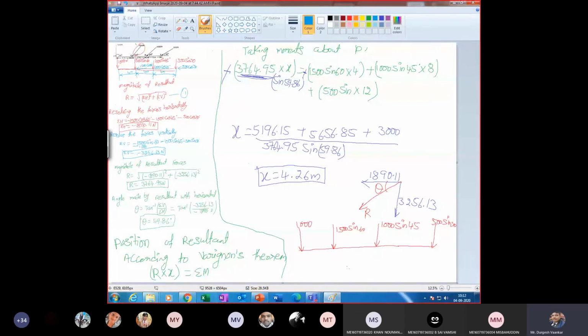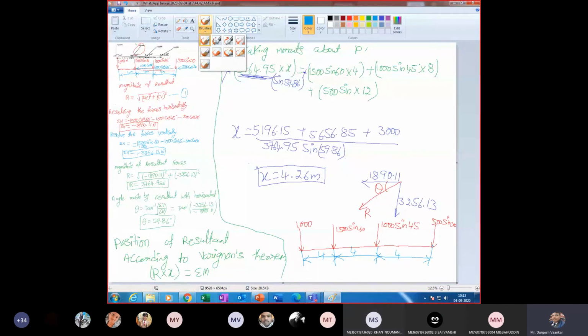Now x value we calculated from here to here. Total distance is how much? Total 12 meters from here to here. It is 4 meters, 4 meters, 4 meters. Now from this point to this point. At what point the resultant is acting means